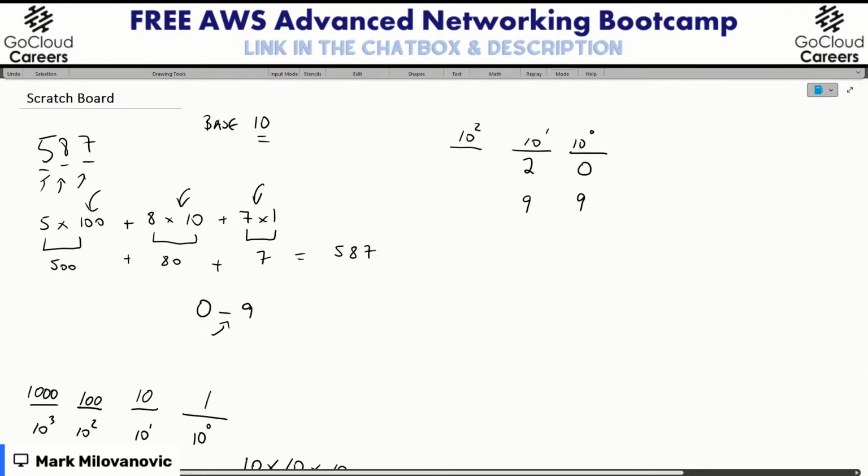But let's say here, I'm at 9 again. I need to increment this number plus 1. It's going to switch to what number? What are we resetting this right-hand column to again?